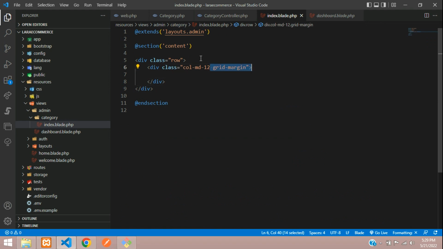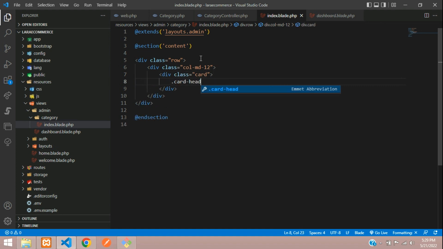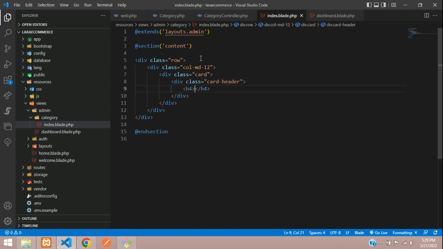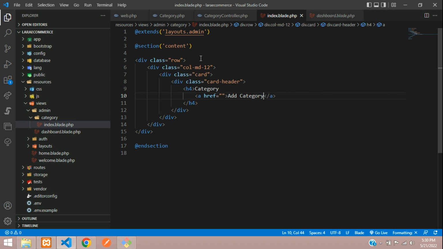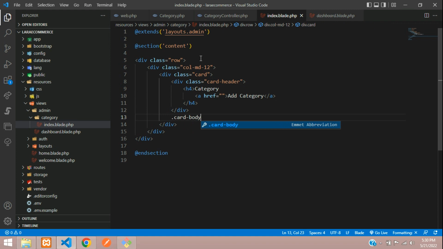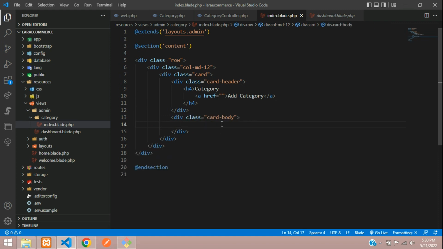Let's remove this, not required, grid margin. And then guys, you are going to use the card header, where the h4 tag will tell category, and inside this an a tag where you add category. And now guys, open the card body,